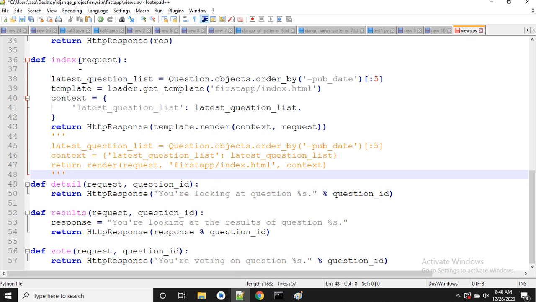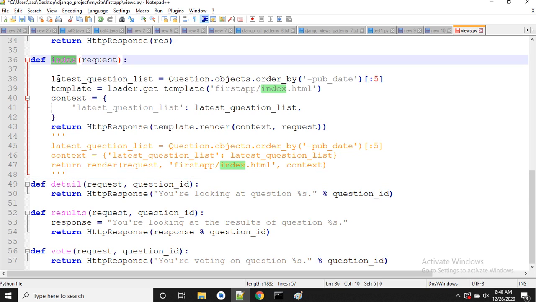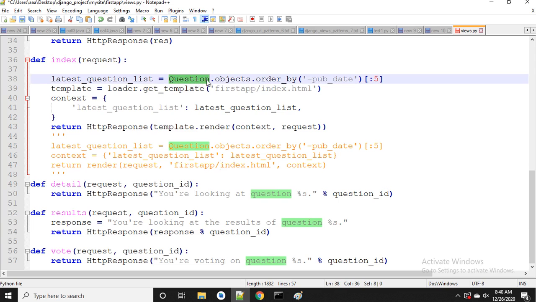how to create the template वो बाद में देखते हैं। now this is the first concept। let us say I have an index function and here I want to fetch the first 5 questions। मुझे पहले 5 questions चाहिए थे, तो उसके लिए मैंने क्या लिखा, question dot objects dot order by publication date and colon 5। तो यहाँ कुछ नहीं लिखोगे, that means it's 0, so 0 to 5, in short 0 to 4, first 5। okay this 5 is actually excluding in nature, so actually 0 to 5 लिखने का मतलब 0 to 4।